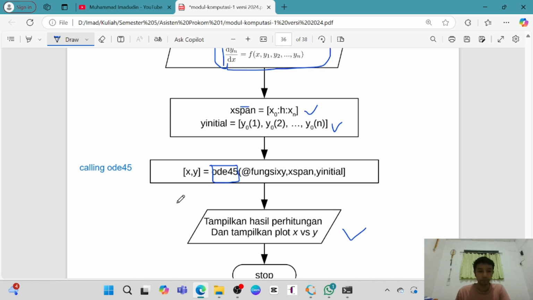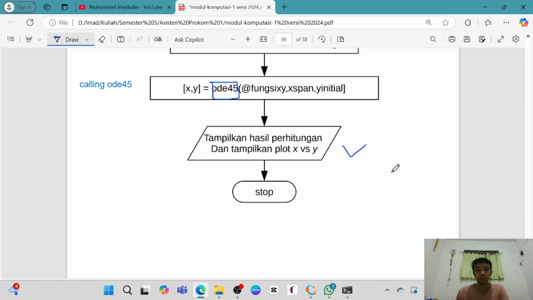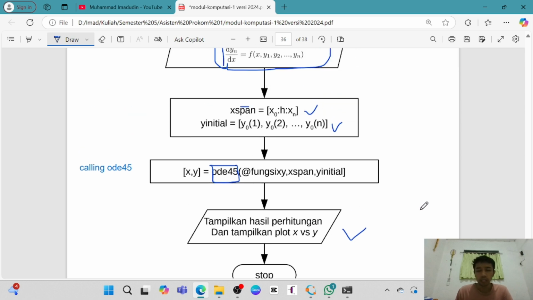And then we have the ODE. We call the ODE function like this. Then we plot that function, the x and y. Then we stop. The difference between this and the ordinary differential equation is that we don't have the look for.